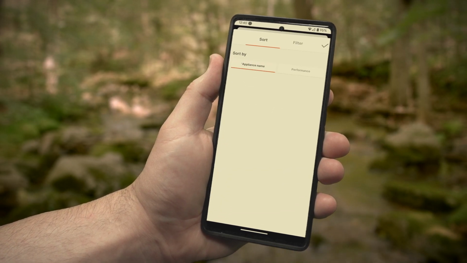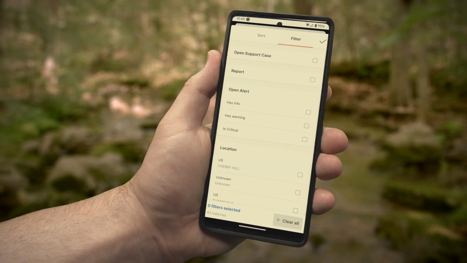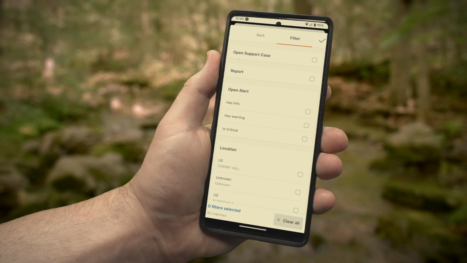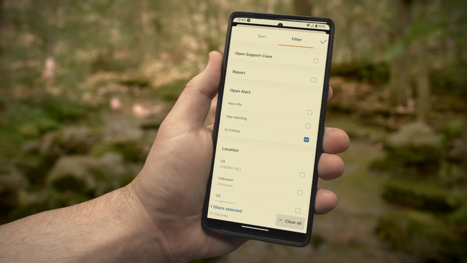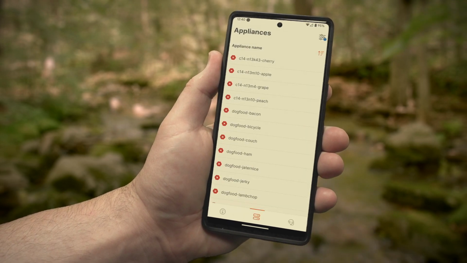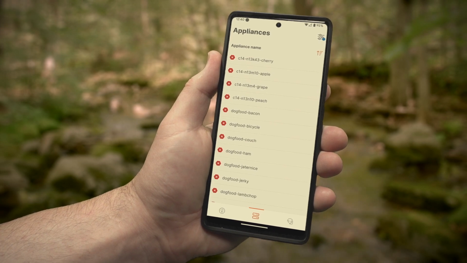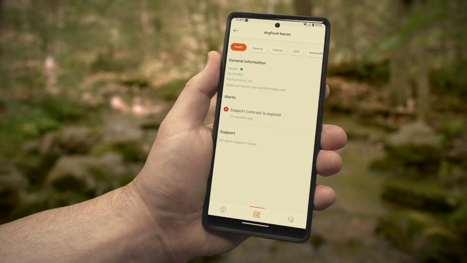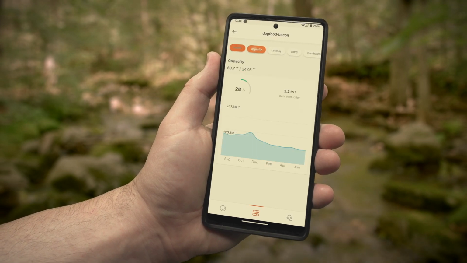And now check this out, you can sort your appliances by name or performance, or what's even cooler is the filter. So filter for open support cases, has alerts, or even by location. So let's take a look at all of our arrays that have critical alerts here, and we're gonna pick on dog food bacon. And the critical alert here is, oops, our support contract has expired,